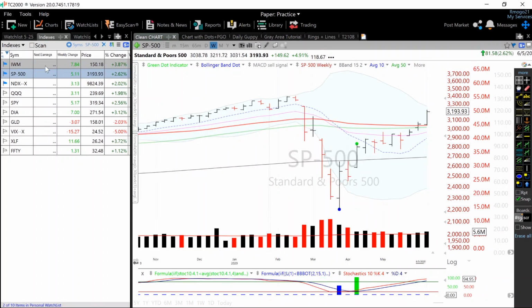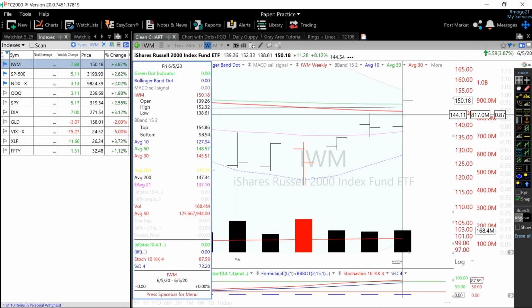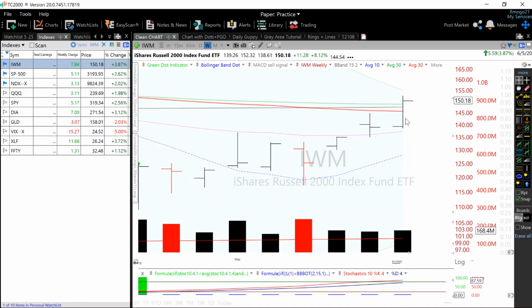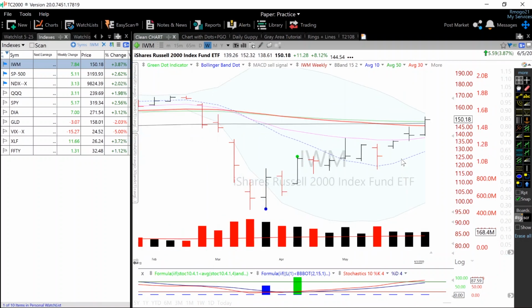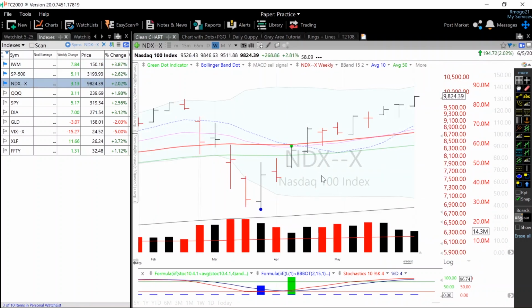And lastly, taking a look at the IWM, the Russell 2000 index, you can see it also had a very strong week, up 8.12%, and it also reclaimed that key 30-week moving average, meaning it's no longer in a stage 4 downtrend. So once again, I think that's a very bullish signal, and that coupled with the fact that now we are in a stage 2 uptrend on the SPX and NDX means that in the long term,